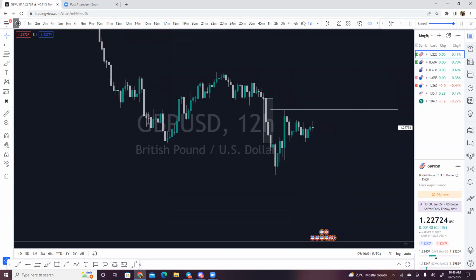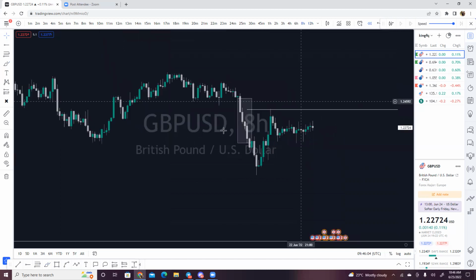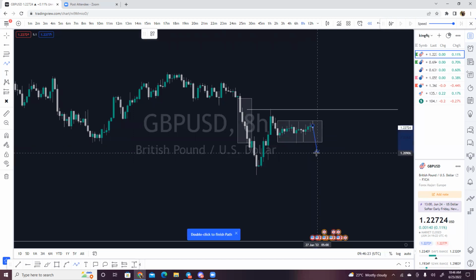Let's go to our 8-hour time frame. Now, the 8-hour time frame is still actually showing the same thing. Only the difference is that now I can see an accumulation in this particular region here. Looks small, but on a smaller time frame, it looks more beautiful, and you'll be able to see this. Now, if you remember, I said something before in one of our classes. I said, whenever you see an accumulation, there's a high chance that it either comes down like this, then goes up, and comes down to respect this particular region, or